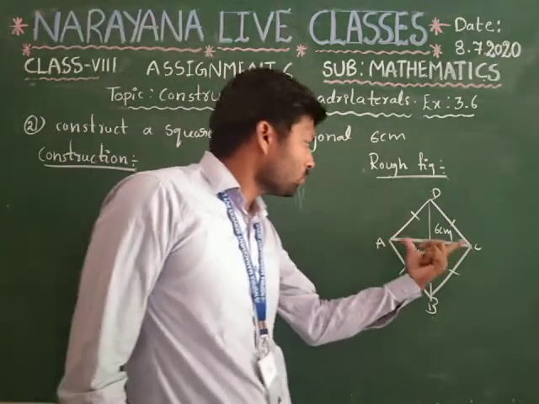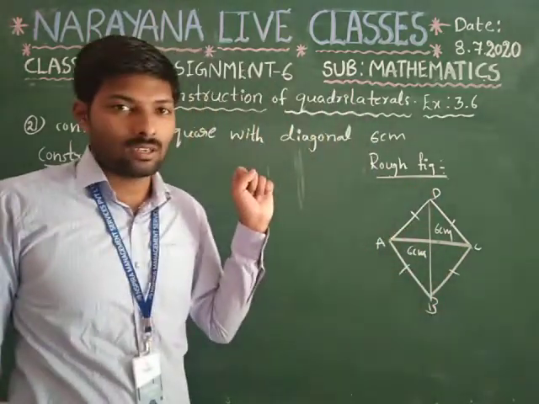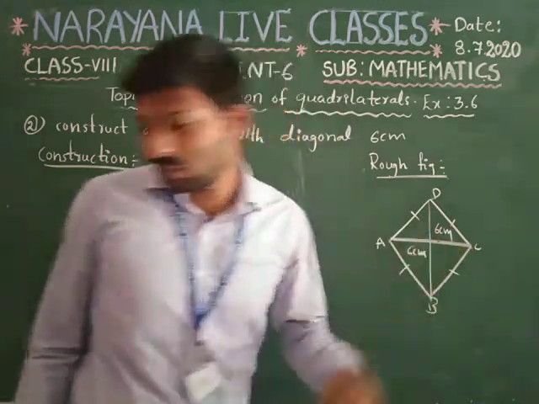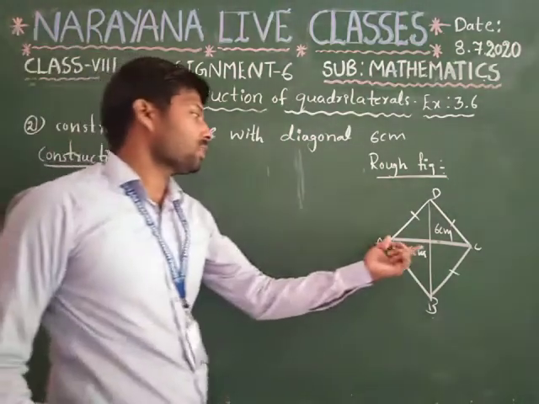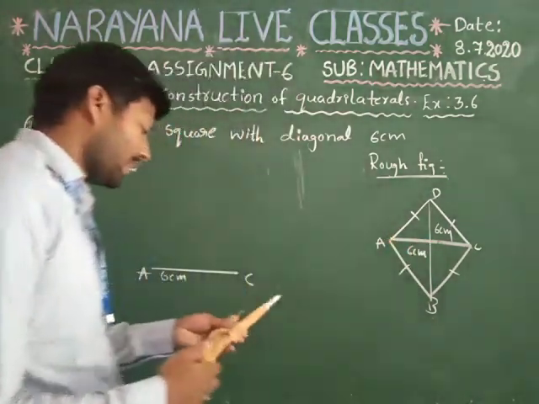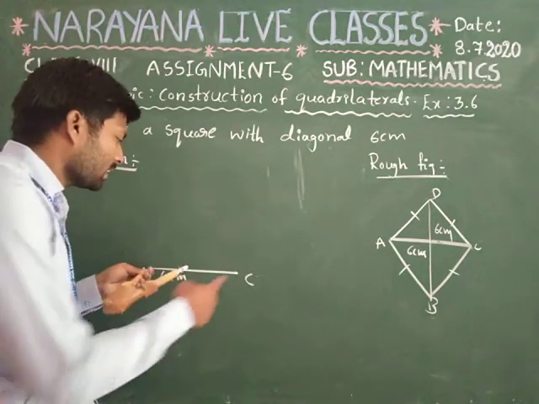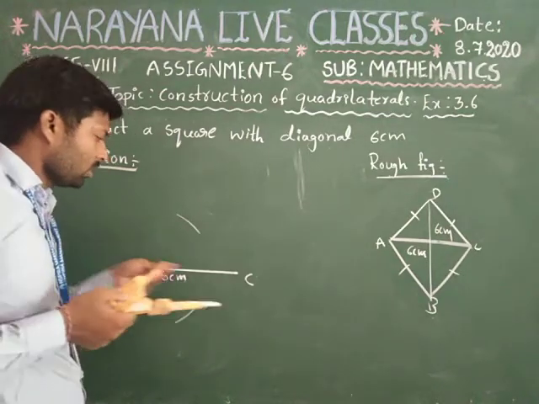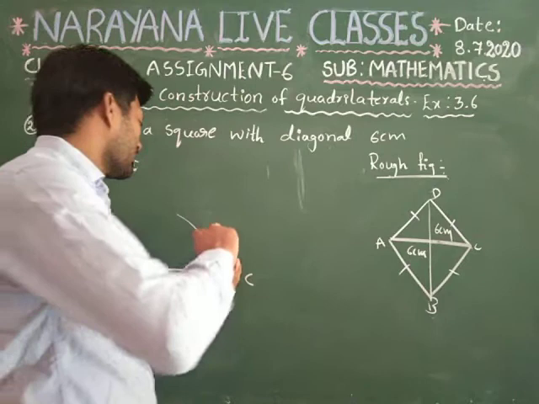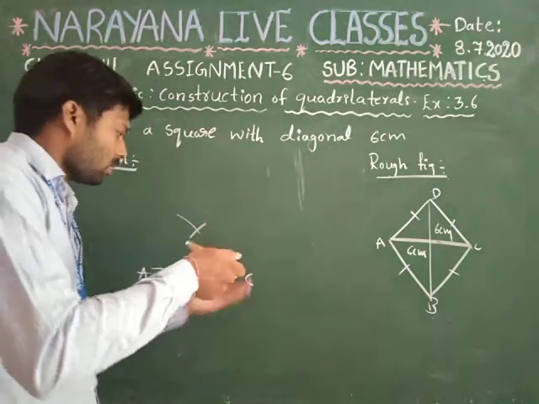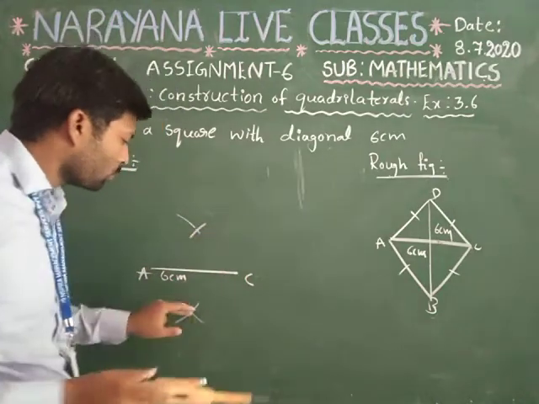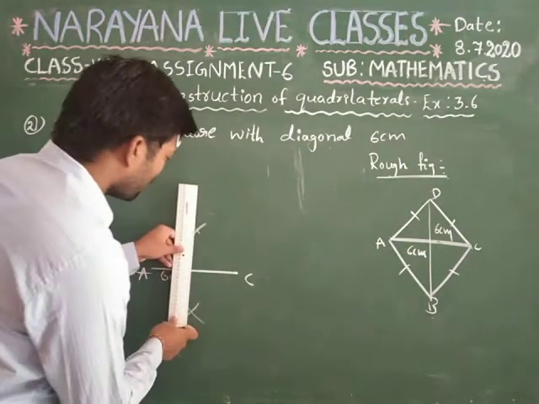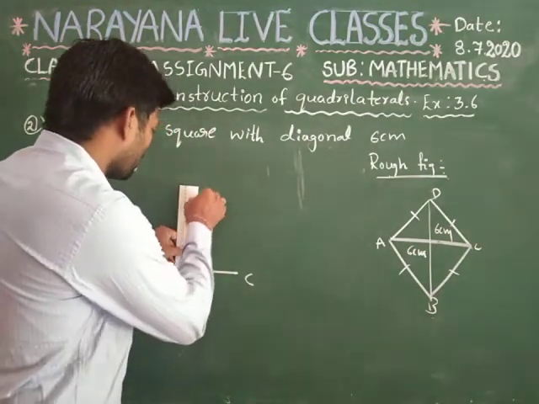Okay. Now, in order to draw one more diagonal of the square, we have to draw the perpendicular bisector of line segment AC. Similarly, you have to take more than half as a radius. Consider point A as the center. For example, if the total is 6 centimeter, take more than half and draw an arc up and down. The same radius, with point C as the center, draw one more arc up and down. At the points of intersection, we will get 2 points. Now you have to join these 2 points with the help of a scale. Now this line is exactly perpendicular to the given line segment AC.